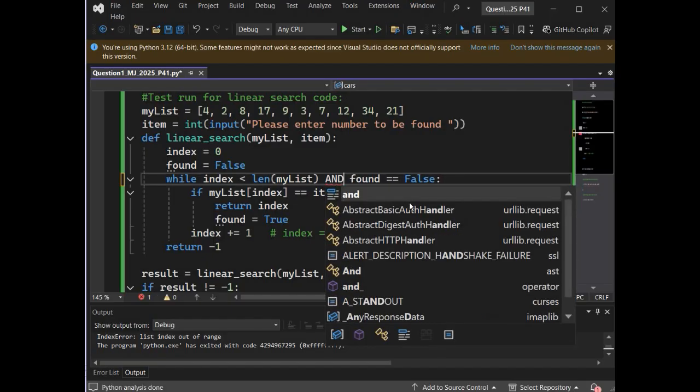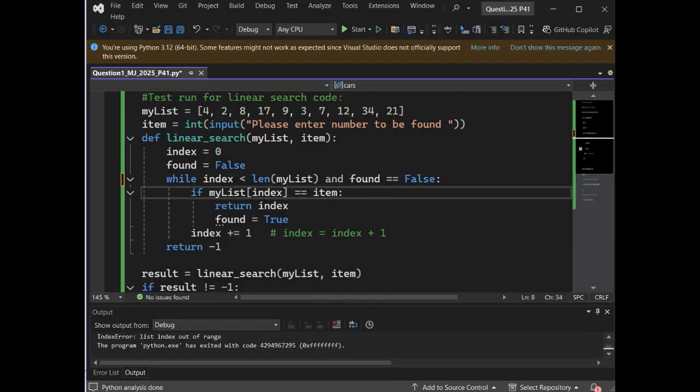Now again, we cannot write it in capital, we have to write it in small letters. So now this means if either your index becomes the last element in the array, or found is not equal to false, you'll stop. Instead of this, you can write it like this as well: found is not equal to true.